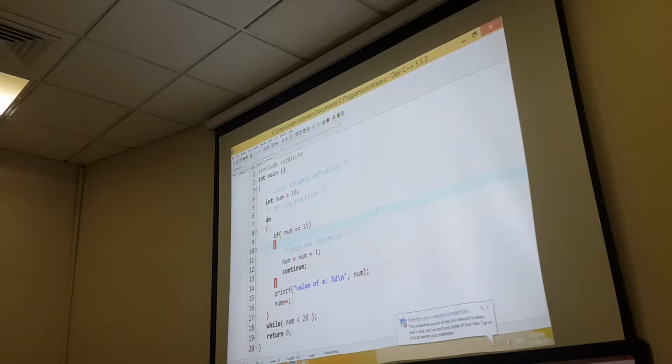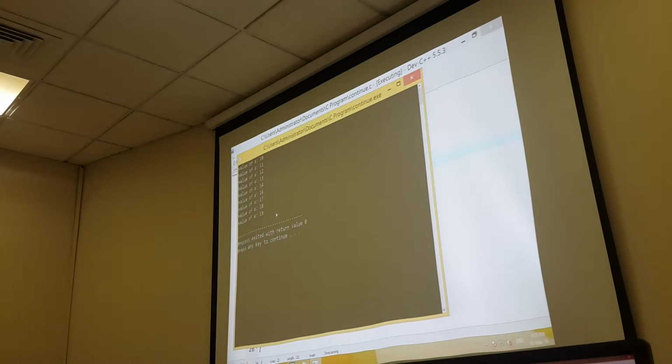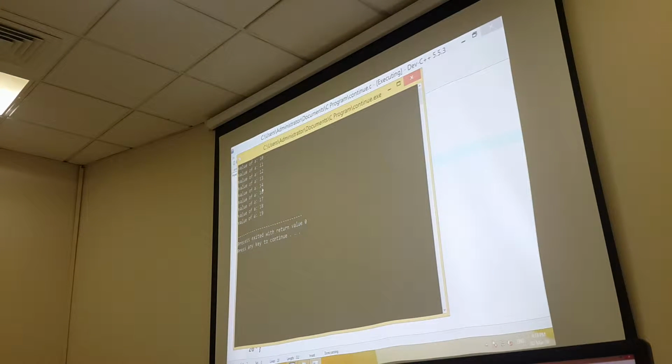Now first of all, let's consider this variable called num. Now this num variable is having value 10. And we are using a do while loop in this. Clear? Now first of all, let's see the output. In this output, we are unable to see 15. 15 is not here. Okay? We are going to continue with 10, 11, 12, 13, 14. 15 skip. 16, 17, 18, 19. So my loop is running from 10 to 20. Less than 20. Okay? So it will run till 19.